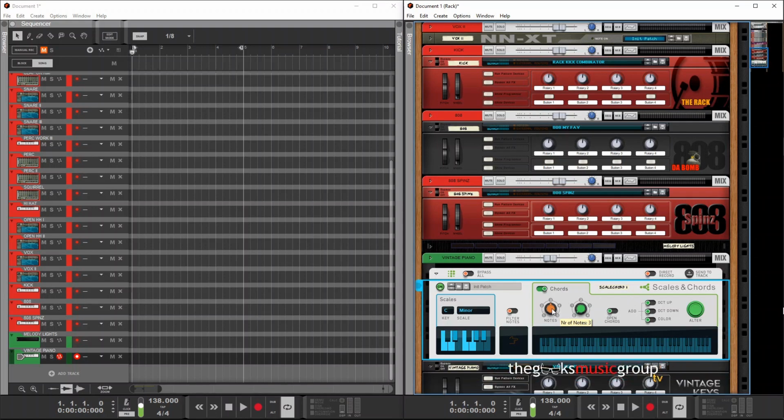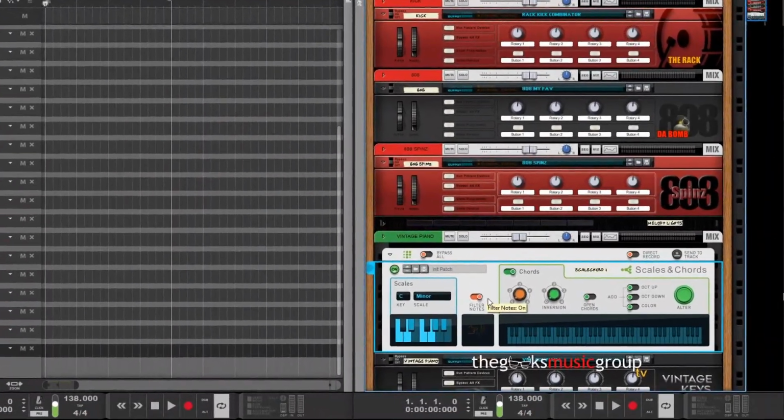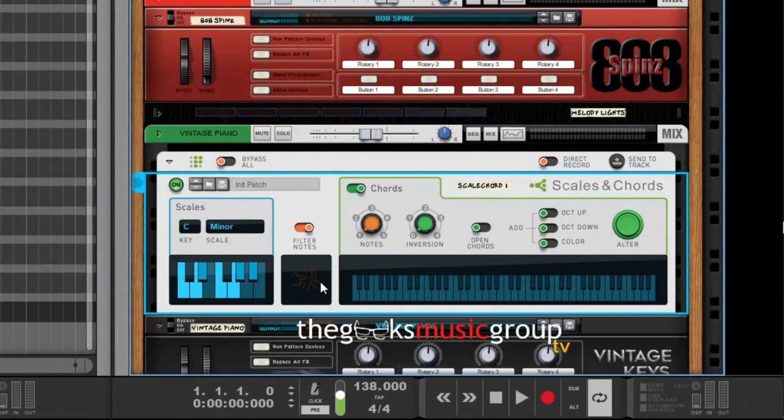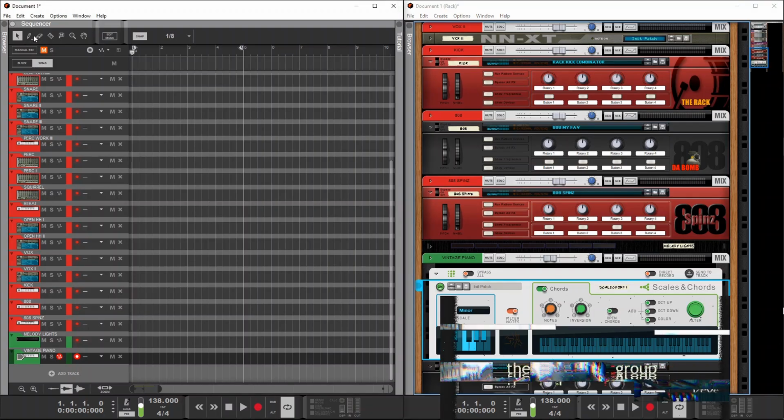But back to this. I don't use the chords and scales function like most people do, which is just using it for the chords. I don't do that. I take it to 1. I put it on the filter notes so that whenever you touch one of the notes that doesn't apply, you can hear me tapping, and you can see it's registering on a note that's not in that scale, and it's not working. But if I tap the C, it allows it. What I do with this is,